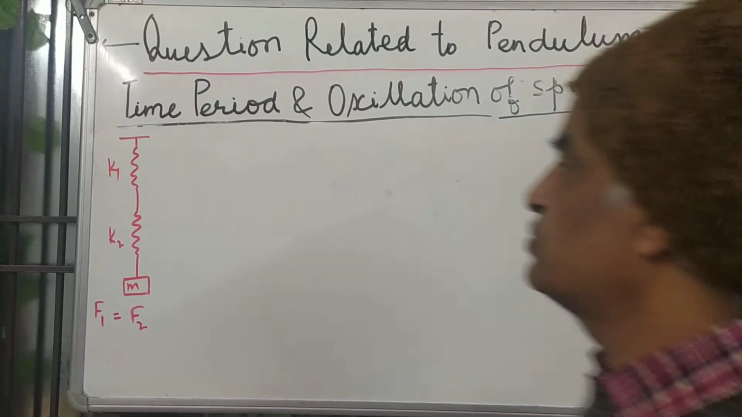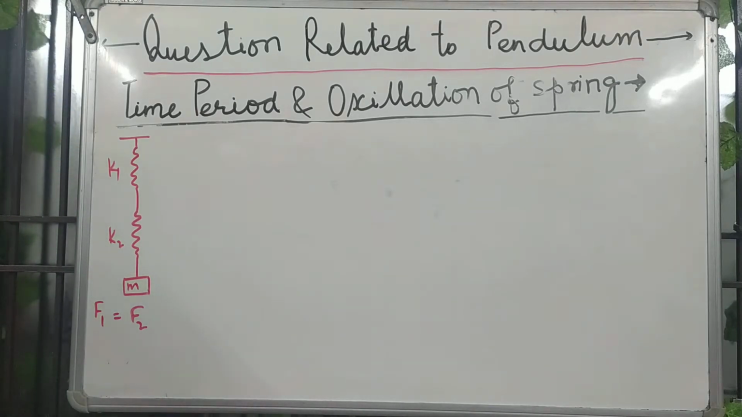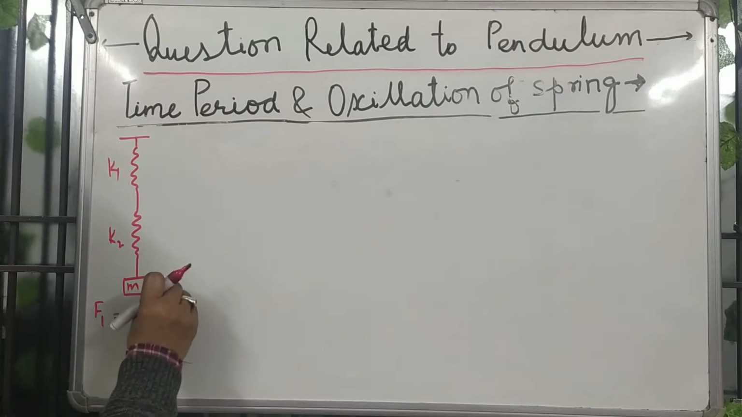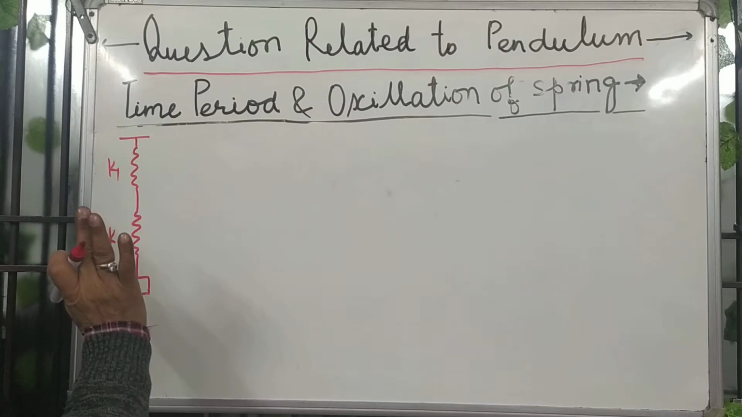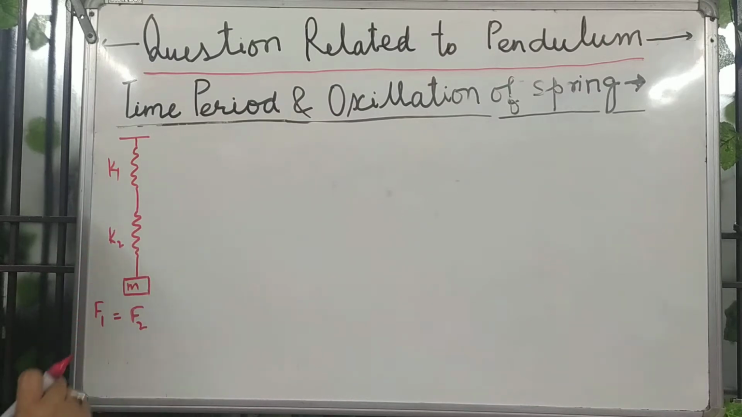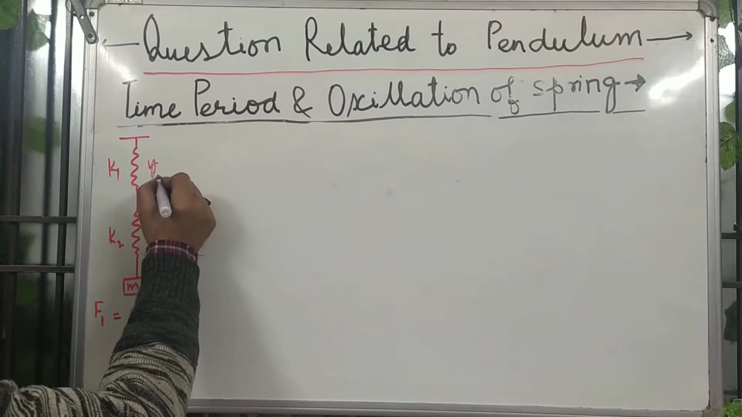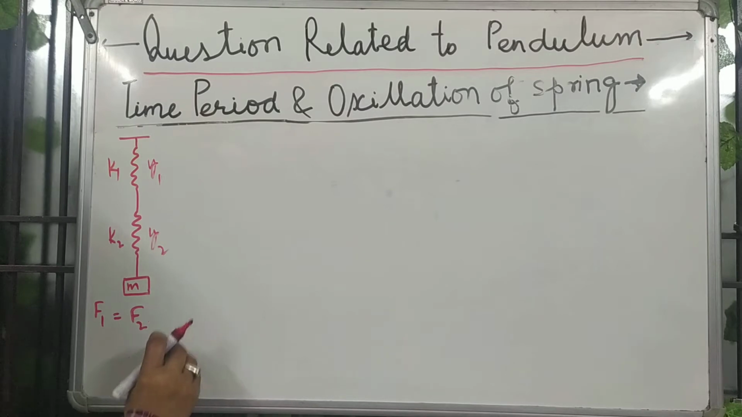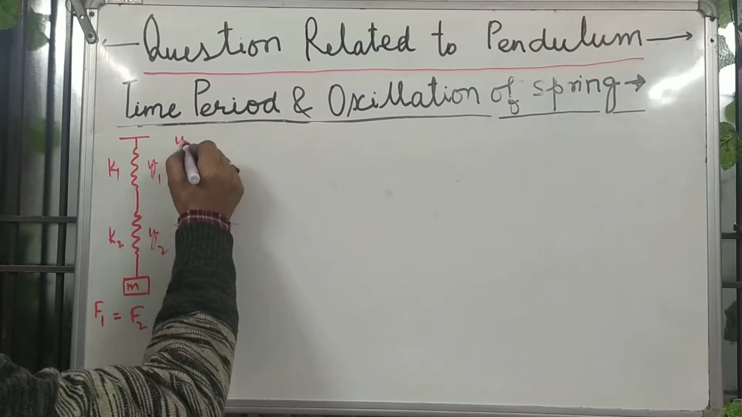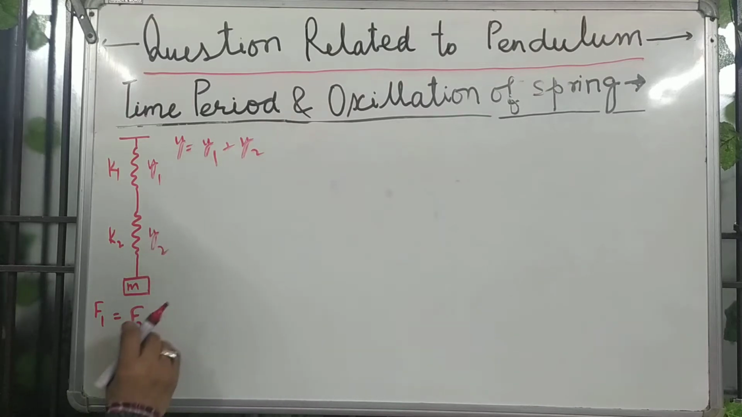Now we are going to study the series combination of springs. As we know, the tension in both springs will be the same, that is, the restoring force F will be the same. Let the displacement in this one be y1 and in this one be y2. So the total displacement y equals y1 plus y2, and